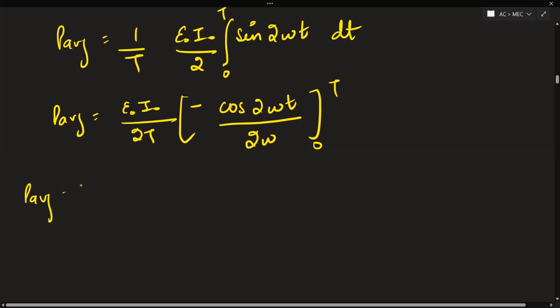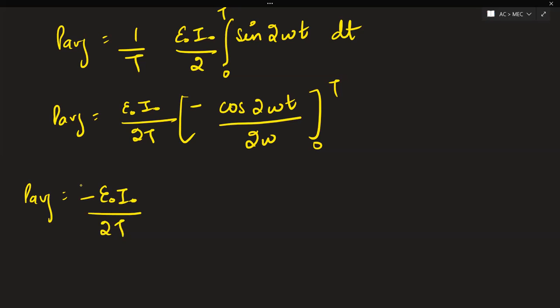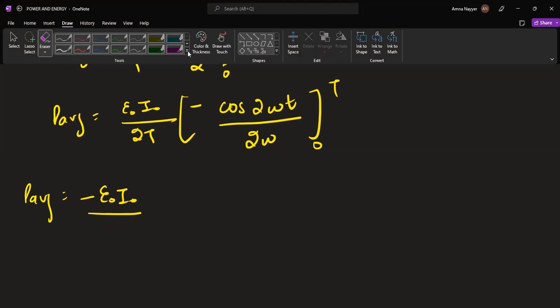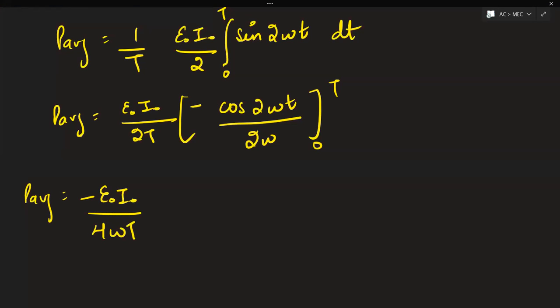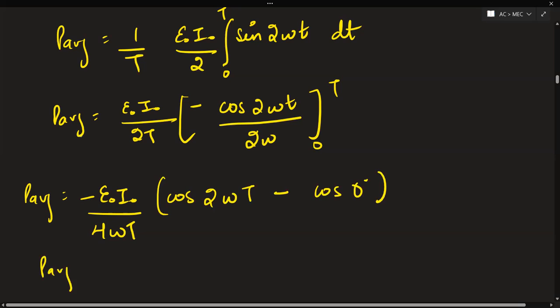Now the average power will be what? Put this minus sign with them. Minus E naught I naught by 2t, and not only 2t, you can even write 2 omega as well. So 2t into 2 omega gives you 4 omega t. And here what is left? Cos 2 omega t into t, cos omega t minus cos 0 degrees, right? So from here,